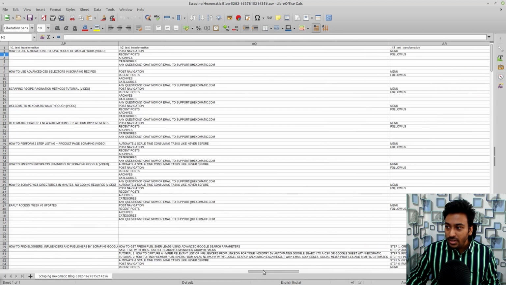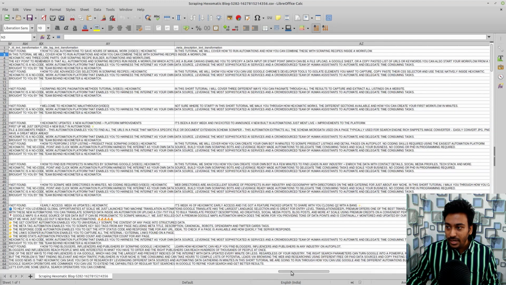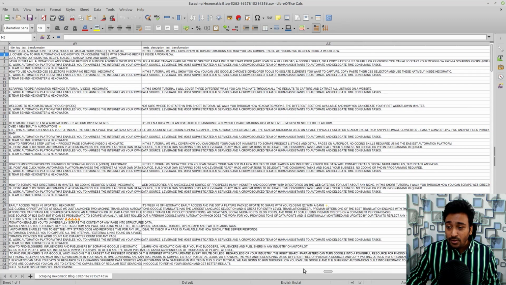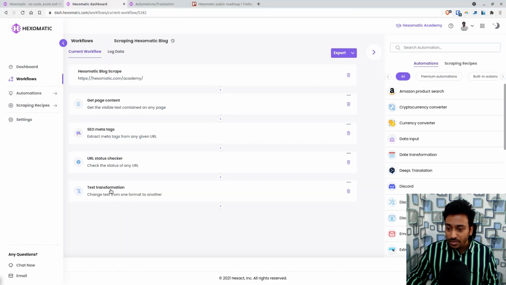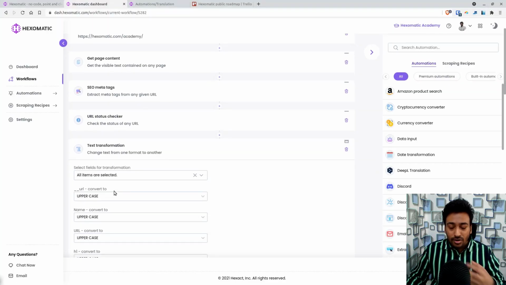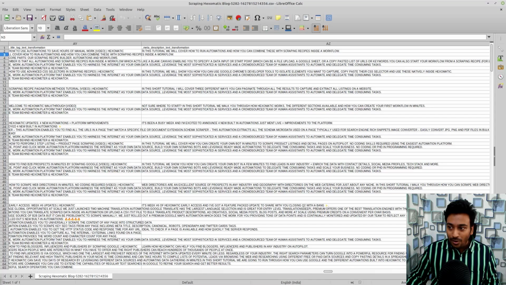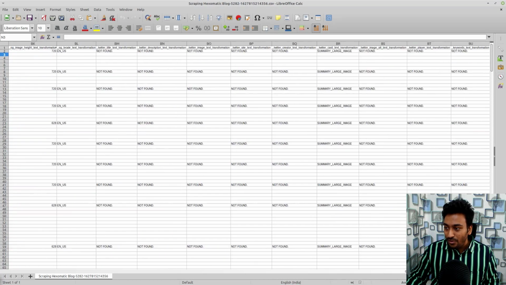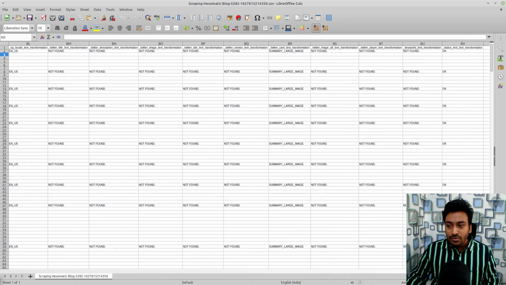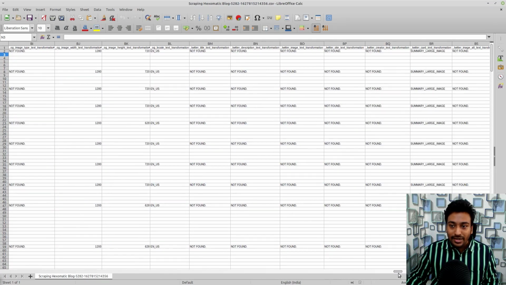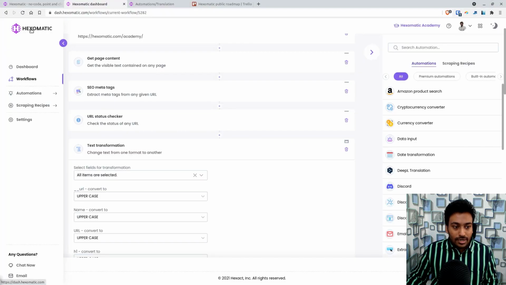So you can see all the different data it was able to scrape. I also used the transformation module, which essentially transforms from lowercase to capital. That's why you are seeing a lot of transformation modules also. So depending on the modules you select, you will get the data as you want. So that is how you can use Exomatic for this.